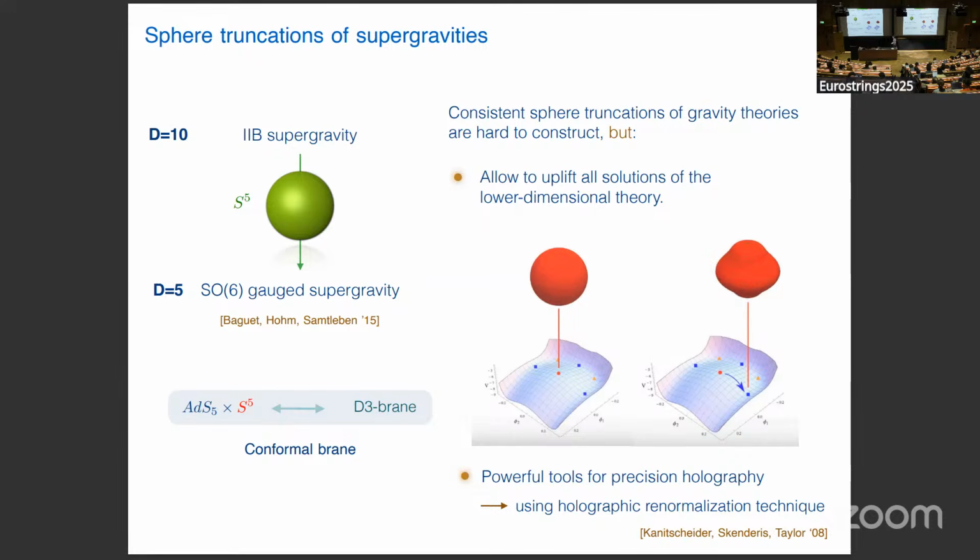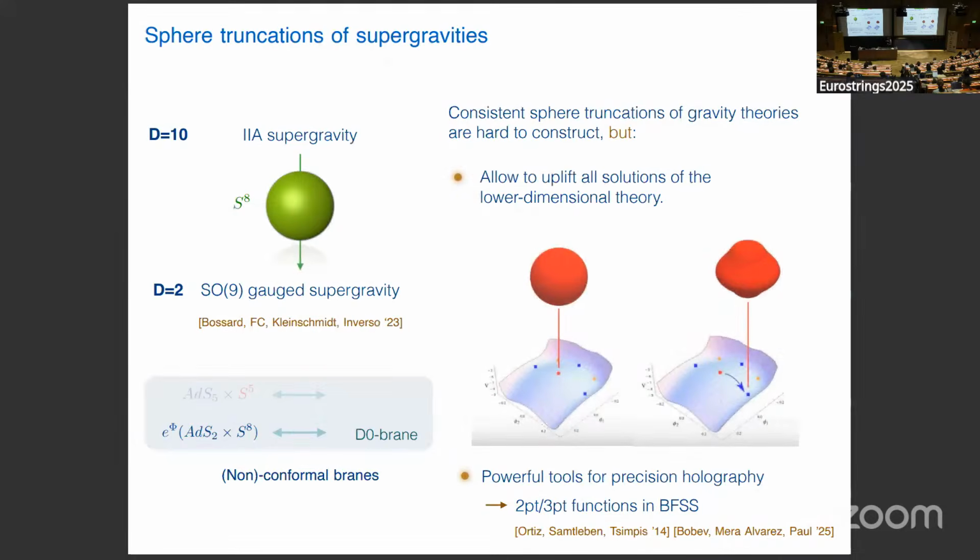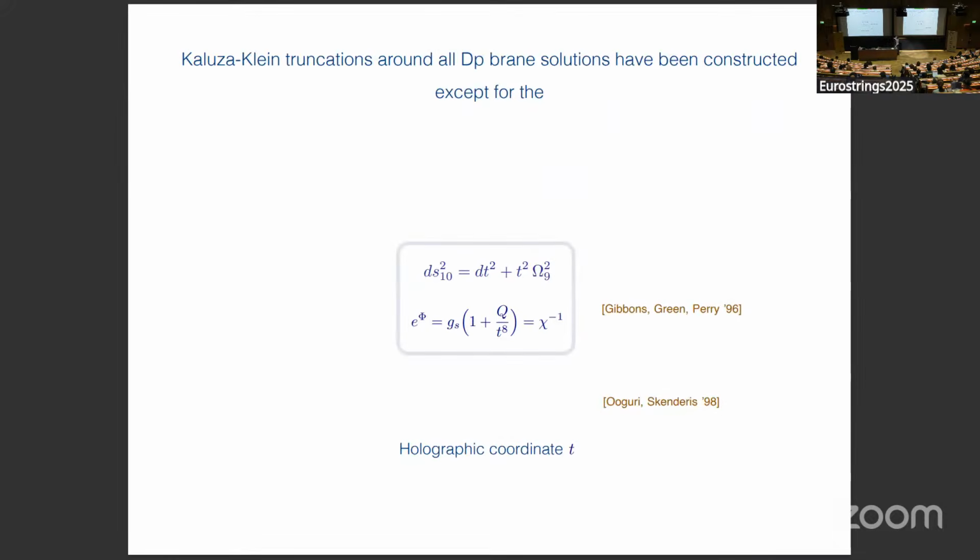Okay, so there is such a consistent truncation around the near-horizon geometry of the D3 brane, and it turns out actually that over the time people have constructed consistent truncations around the near-horizon geometry of all the Dp branes until p equals 0. So the natural question is to ask, okay, there's really a lot of text missing here. Okay, but the equation is here. So the natural question is to ask whether you can actually build a consistent truncation around the near-horizon geometry of